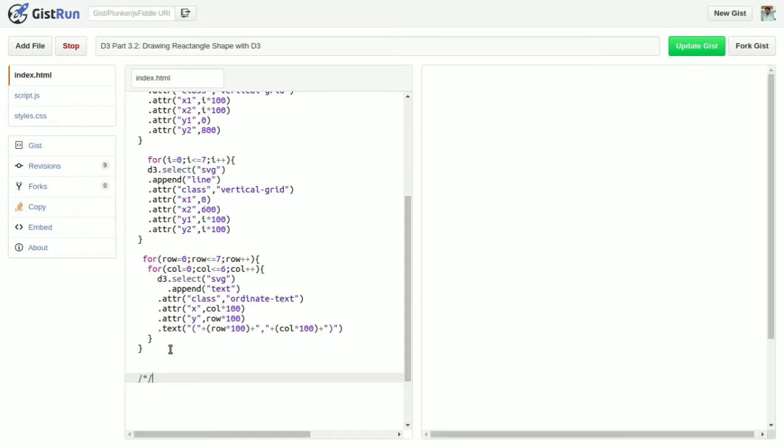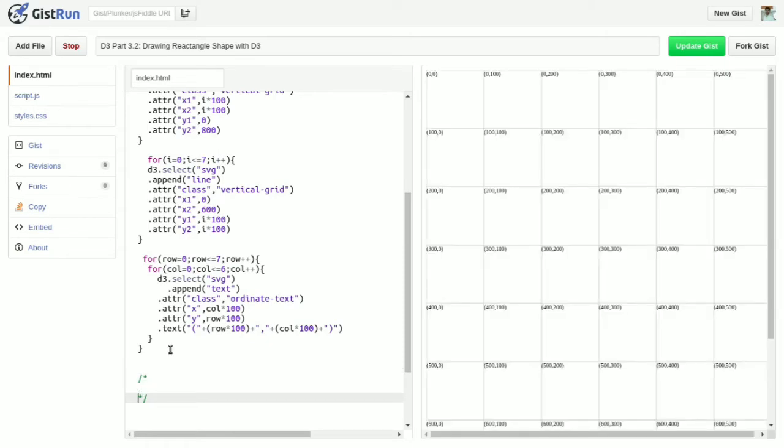For your knowledge, for drawing a rectangle you need the x and y coordinates from where you want to start your rectangle. Suppose I want to start the rectangle from 0, then x will be 0. If I want to start from y coordinate 0, then y will be 0.